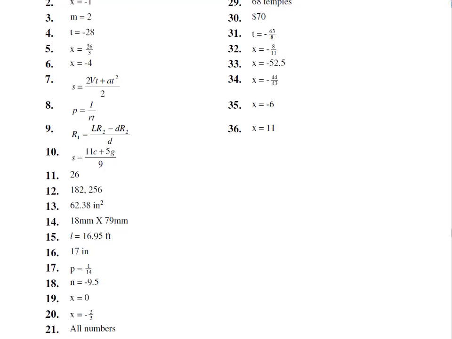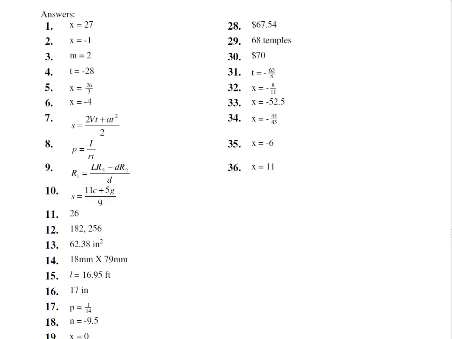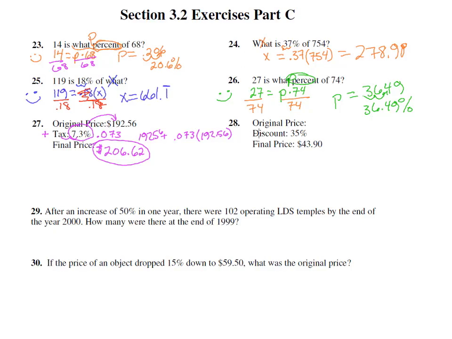Now on to the next number, number 28. The original price we don't know, but there is a discount of 35%, which will change to 0.35 by moving the decimal 2 places. So 35% of that original price, and then a discount means it was subtracted off of that original price to get the final price. Well, that means our equation, if we put a variable here because we didn't know it, means that we took the original price, subtracted off 35% or 0.35 of the original price, and that equaled